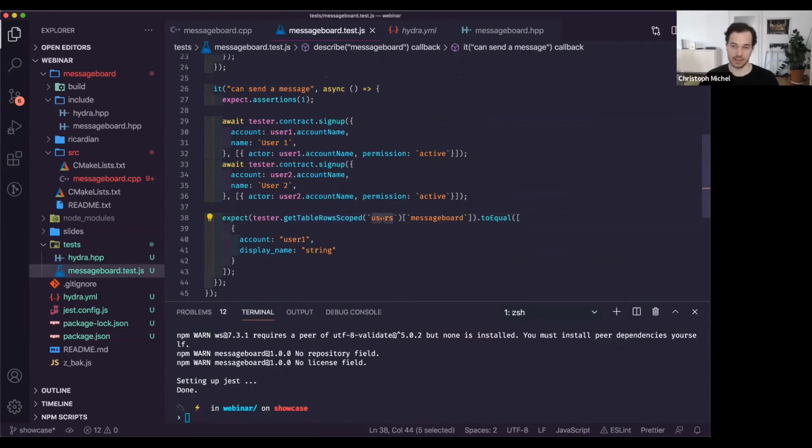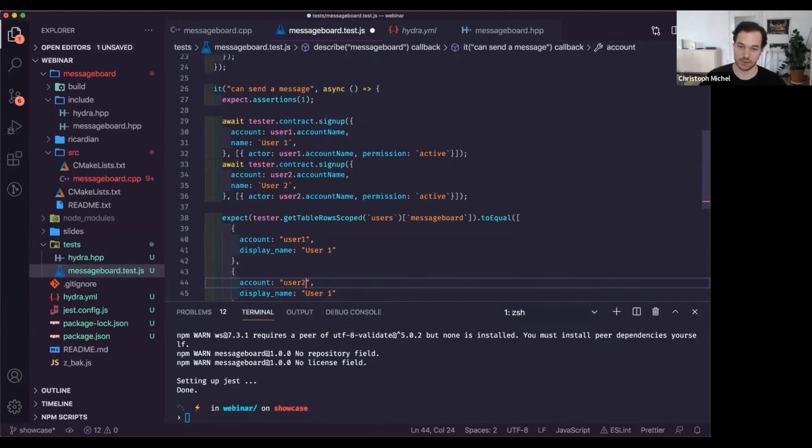First, it takes the table name, which is the user in our case, and then the scope, which is the message board. Then it should be equal to user 1, and this name that we said the username should be here, and the second user should also be created, like user 2,